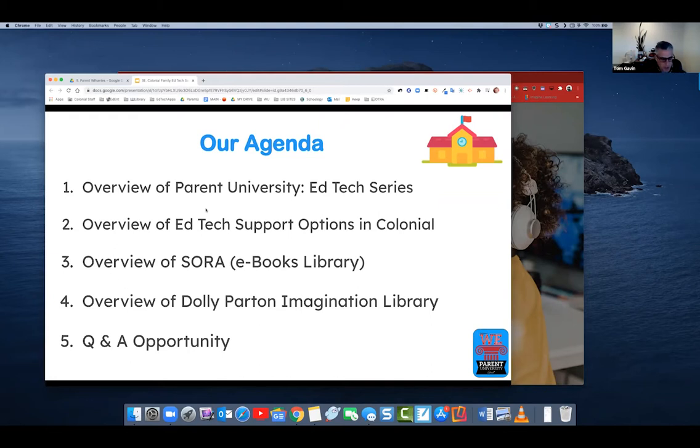Fortunately in our district, we are one-to-one. So students have Chromebooks, so we're going to show you how you can use your student Chromebook to access free ebooks and also audiobooks. The fourth thing that we're going to talk to you about today is what's called the